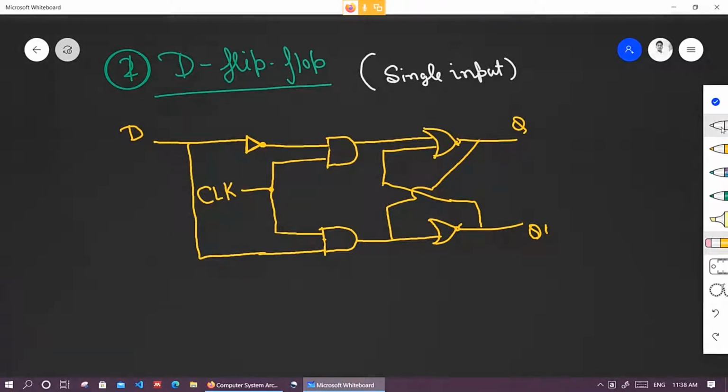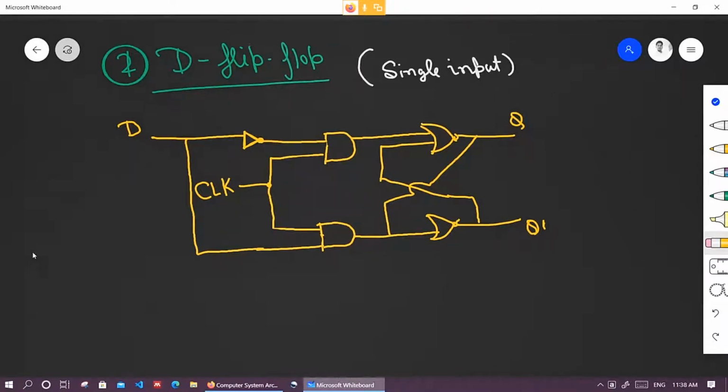and this has been done, the D flip-flop has been designed because there was an issue with the RS flip-flop. The only problem with the RS flip-flop is that on 1 1 it was providing the indeterminate state when both inputs were 1. So in this particular new design of D flip-flop, we don't have a 1 1 state, because when the one is 1, the other will be 0.